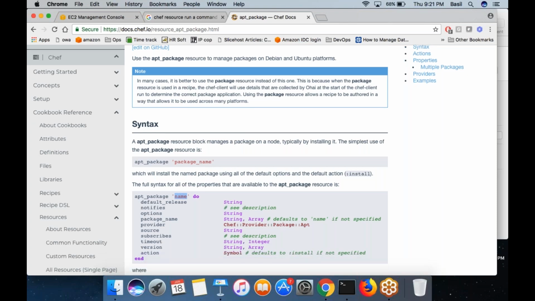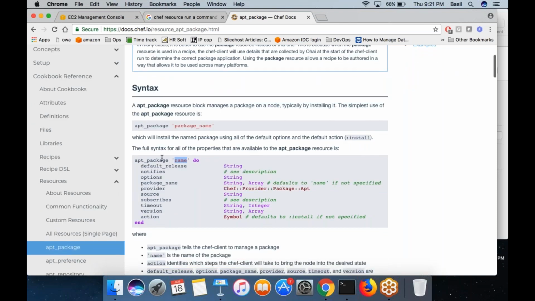This is the general syntax of a resource. This is how it would look. The resource type you mention here, in this case, is nothing but apt package. Then give a name for the resource. It starts with a do and ends with an end. In between, you mention different parameters. These are the different parameters that you can mention. Basically, you can mention the default release.